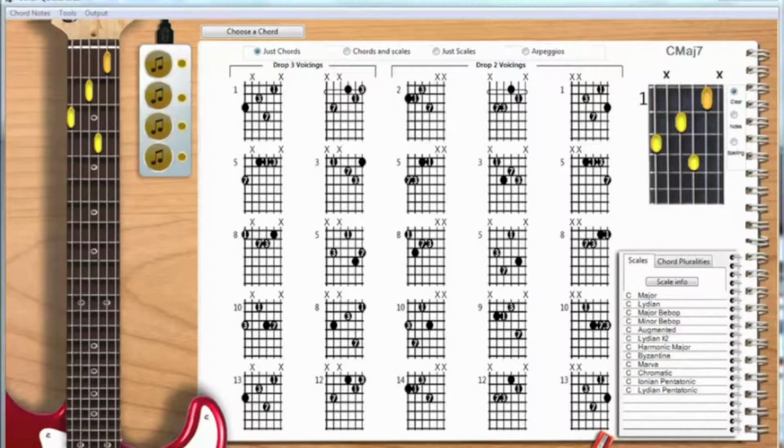Okay, let's have a look at quick chords. When we first open the quick chords window, we get 25 different shapes for C major 7. These are also called voicings, and as you can see up the heading, we've got drop 3 voicings and drop 2 voicings. Now if we click on any of these chord diagrams,